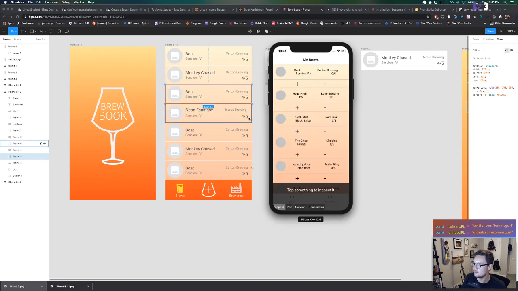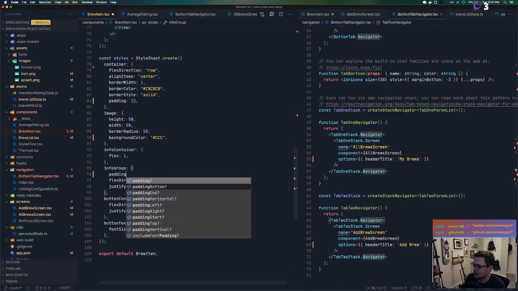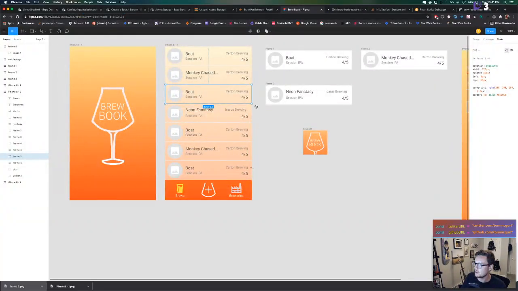Yeah, so they're aligned on those edges. So let's do that. Let's go back to that, and then we'll just put some padding on them. So we'll do space between. Space between. I can never not sing that song when I type this. I'm sorry. And let's put some padding on them, on the left and right, to get them away from that image a little bit. So I want to bring this one in a little bit and this one in a